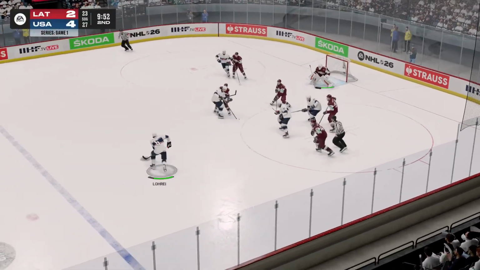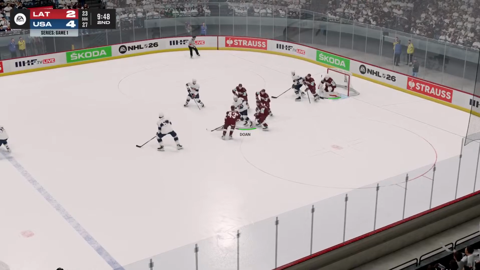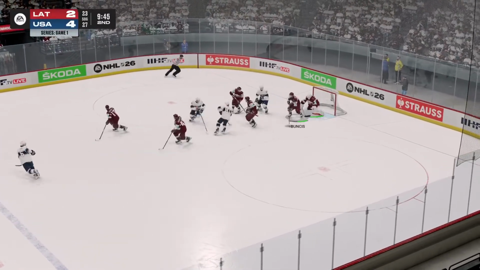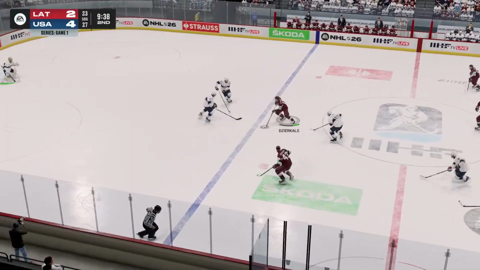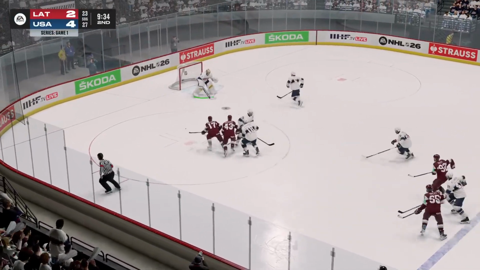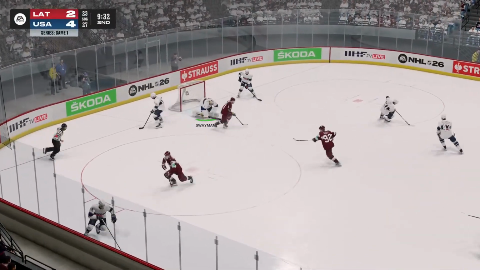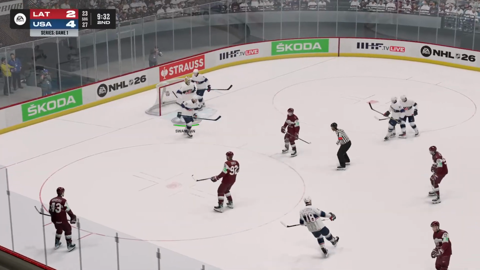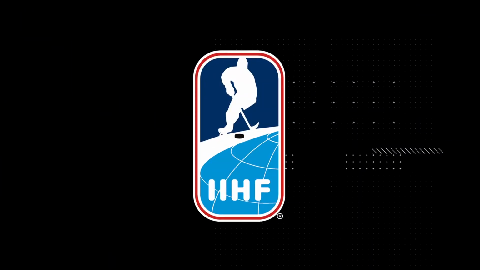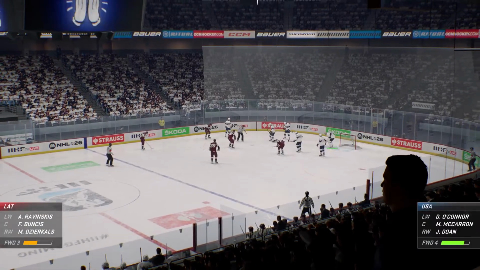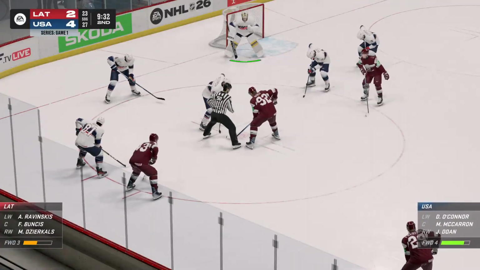Face-off control by the United States. Laurie off the body in front. Still loose in the slot. Laurie tipped around and controlled by Latvia. They'll bring it out. Zierkal sends it in on Swayman, who will just stop play. 9:32 to go in the period. Team USA leads by 2 goals here over Latvia in the quarterfinal. Winner takes on Czechia in the semis.